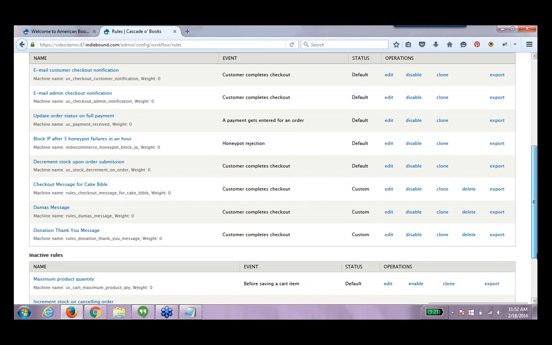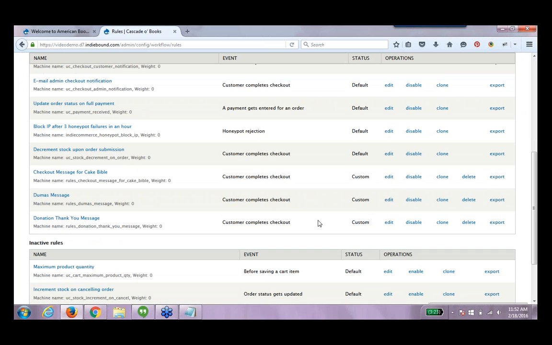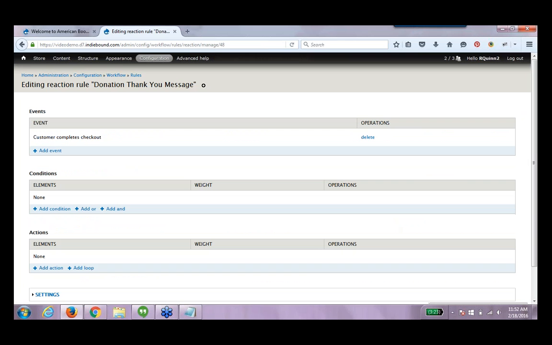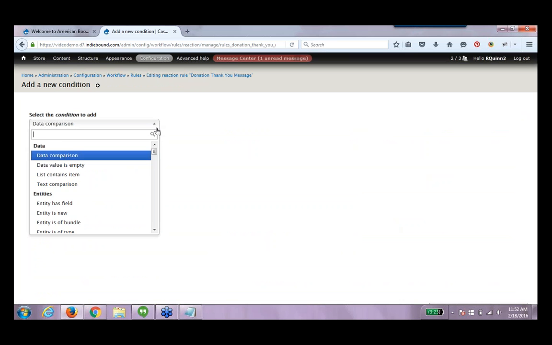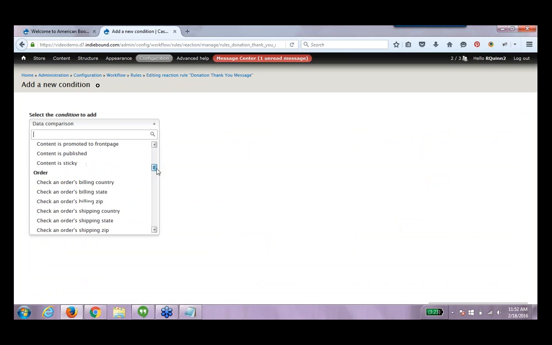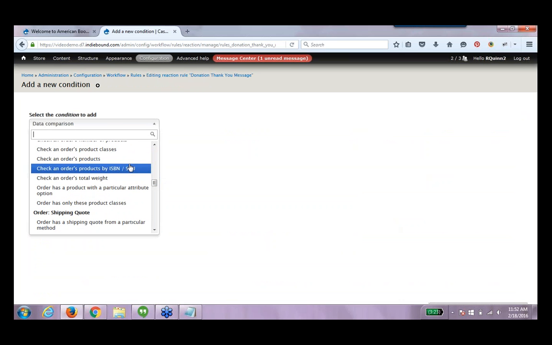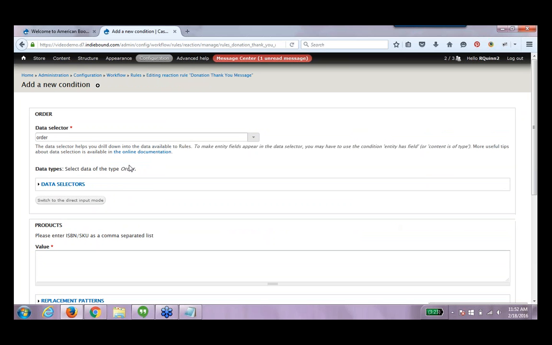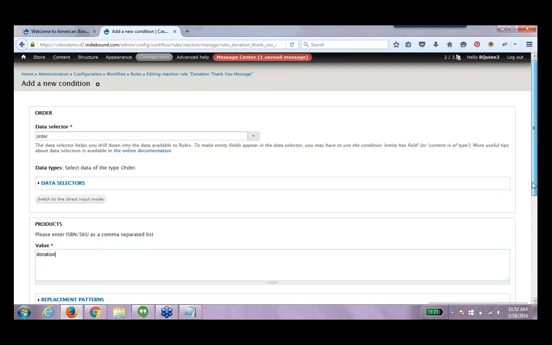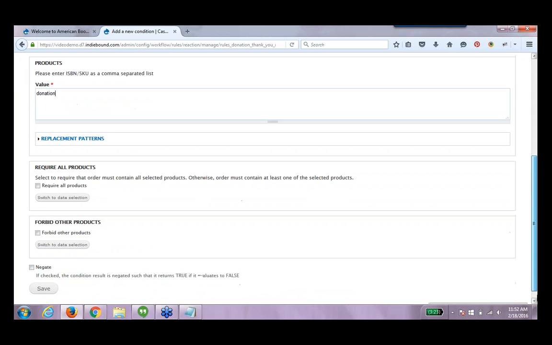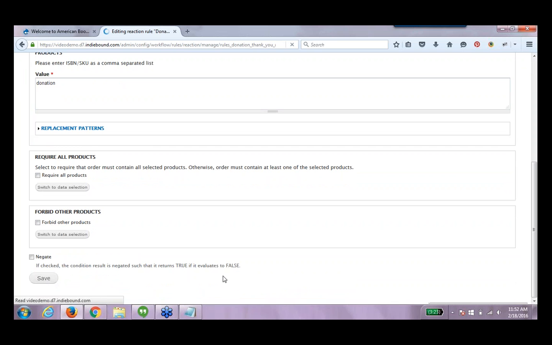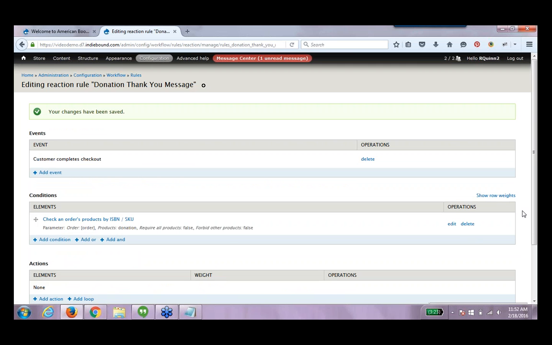So I'm going to find this rule in my list of active rules, click the Edit button, and first I'm going to set a condition. So I'm looking for order by ISBN or SKU, and the value is going to be donation because that's the SKU I used to create my product. I'm going to save this, and then I'm going to add an action